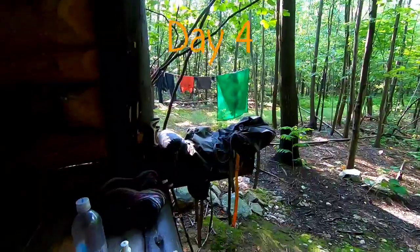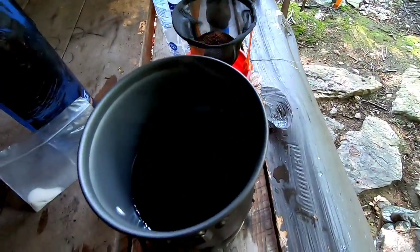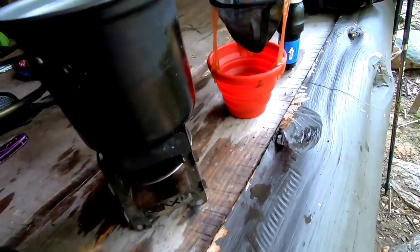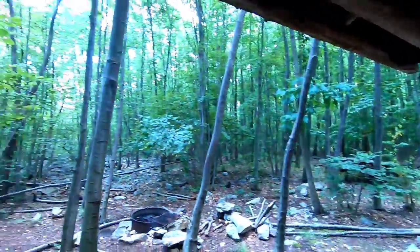This is the Butler Knob shelter, which I'm very happy to have a shelter tonight. Whew, all the moss. It's 1 p.m., just after 1 p.m. at Butler Knob Shelter. Super cute, as you can see. I'll give you a proper walk around before I leave, but